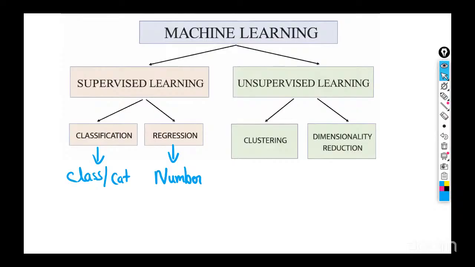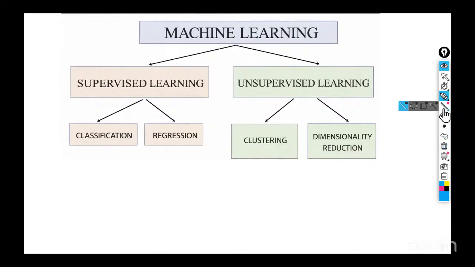Okay. One more thing, classification also has a few types, right? But I'll not tell you now, you will get confused. It also has binary classification and multi-class classification. We'll discuss this later, right? Now let's directly come to clustering,